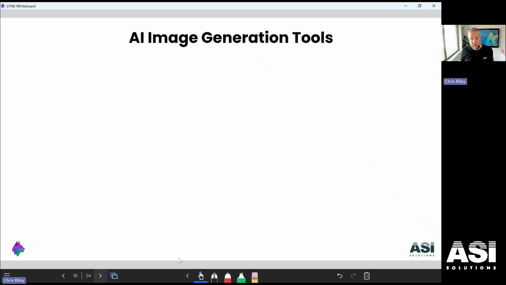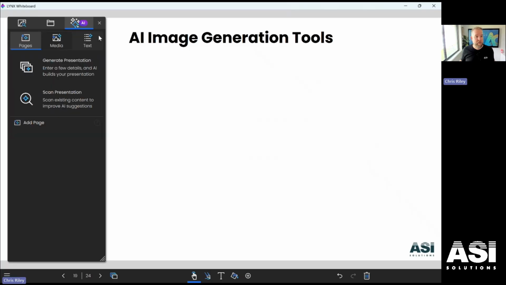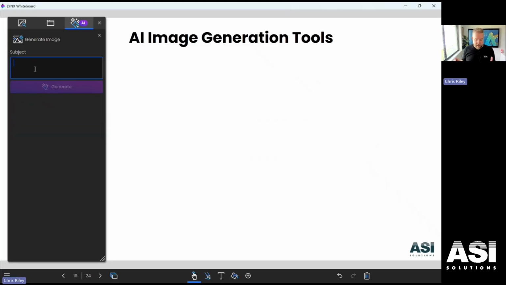Now, moving on to some of the other tools, we do have an image generation option built into here, which is really good. So if I come back over into my media side here, I can generate an image. I can generate whatever image I would like. So let's go a dog juggling while